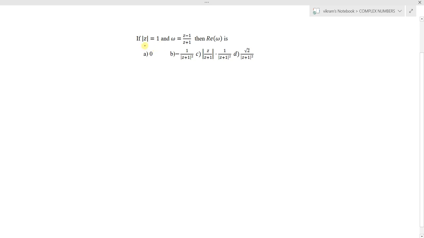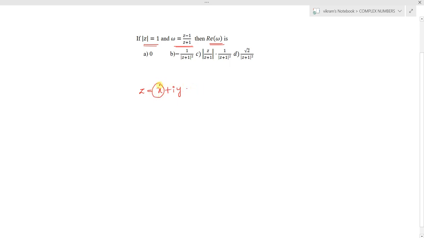The question is: if mod z equals 1, then the complex number w is given as w equals (z minus i) by (z plus 1). Okay, the two conditions are given. Then what is the real part of w? Okay, so now here, if z is equal to a complex number x plus iy,